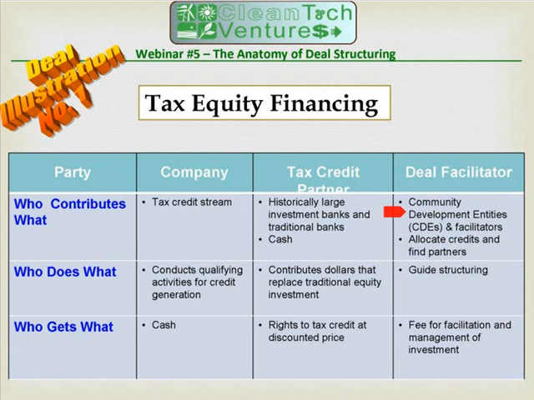And so these CDEs are actually private entities that are set up from the largest of banks down to just small community development type companies, and they request allocations of these credits for investments in low-income communities from the Treasury Department, and the Treasury Department allocates those. So when you go out to find these deals, and these CDEs are listed on the internet as well, also on the CDFI webpage, you find these parties and they let you know whether they have tax credits and whether they're interested in using those tax credits to support a tax equity deal for your business and your project.